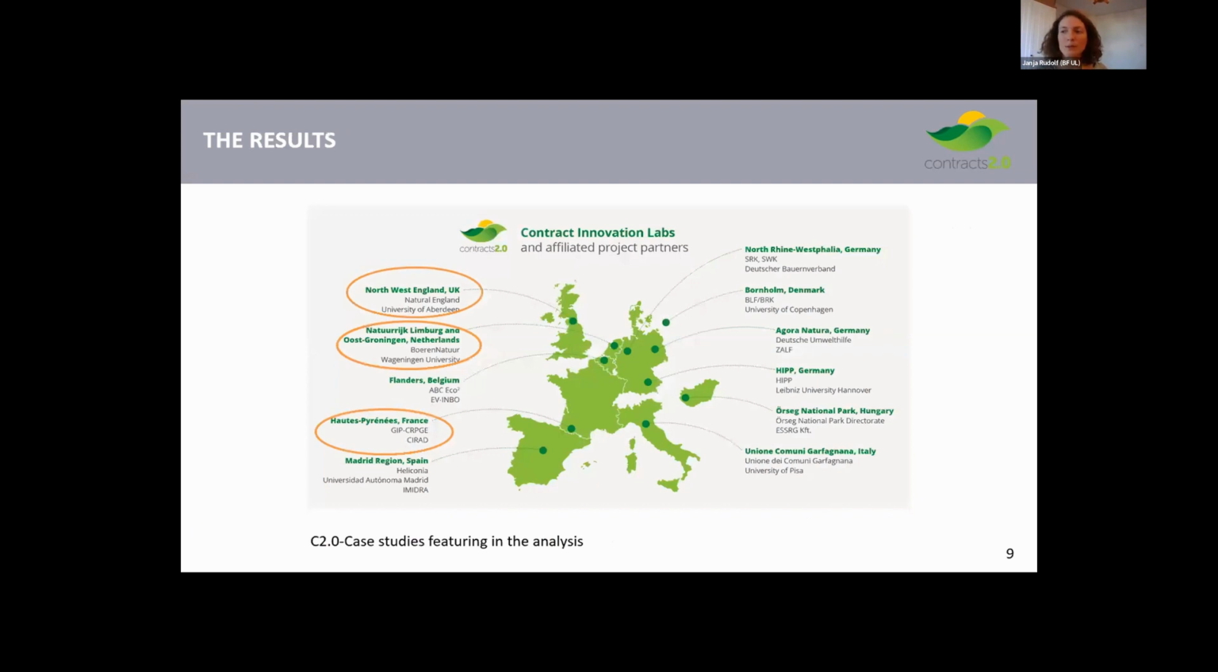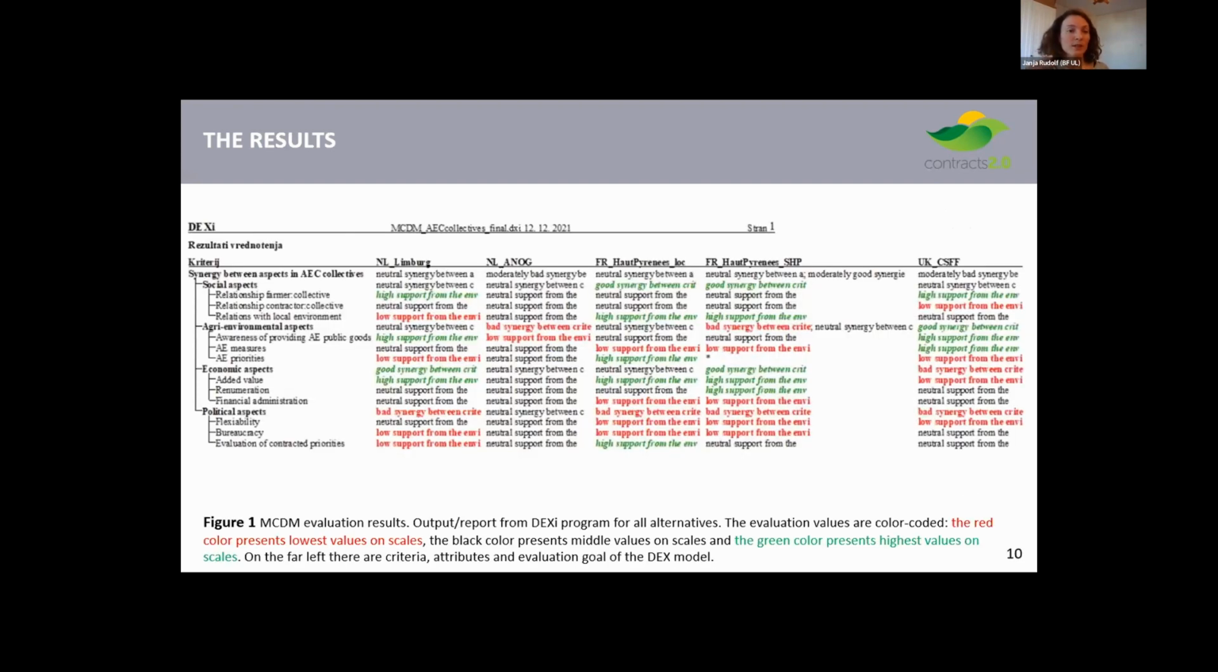Now, for collectives used here, we have 5 cases, 1 from the United Kingdom, 2 from France, and 2 from the Netherlands. They are very diverse, like Claudia explained. And we present our results using the DEXi program, which is a program that allows calculation of Matsudaman problems. The DEXi program gave us a result, and the result was that there is no distinct difference between the presented collective cases in their capability to provide agri-environmental public goods. They all had neutral to moderately bad synergy between aspects